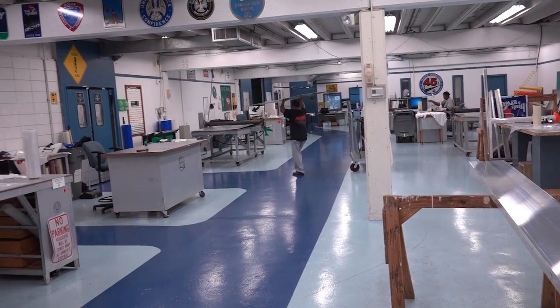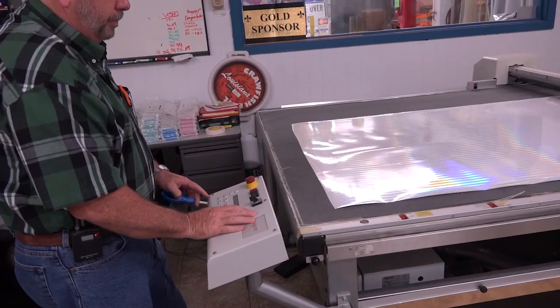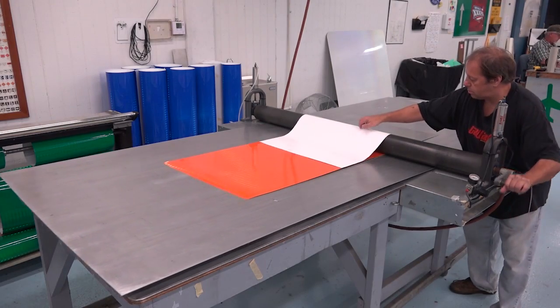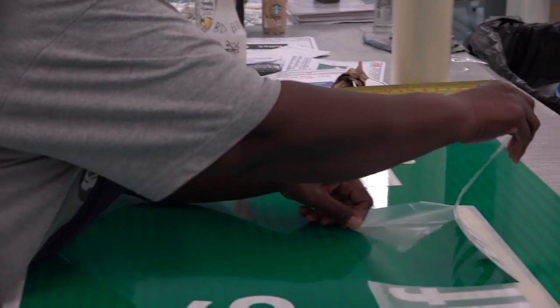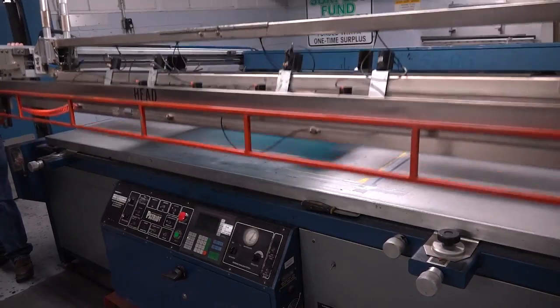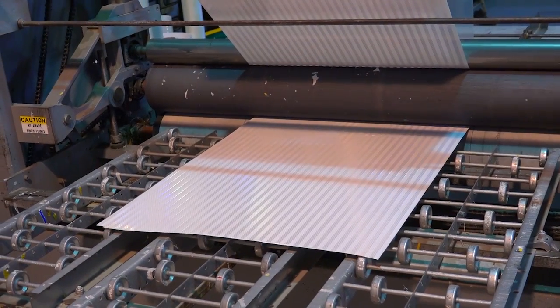The sign shop for Louisiana DOTD is managed and operated in the capital city of Baton Rouge. Tasked with producing the road signs used on the interstate system as well as the state highways, this small yet highly productive team is a model of economic efficiency. With a staff of less than 8 employees, this dedicated crew generates and assembles a multitude of different traffic signs